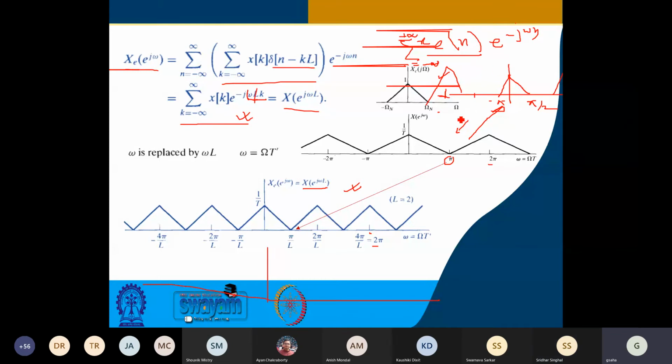So this is your upsampled, I mean, the actual signal which would be sampled at twice the rate. And through zero insertion, this is what you have got. To get what you actually wanted, this one is what you wanted, but you have got this by zero insertion. So what you need to do after this? Low pass filter at pi by L. Pass it through a low pass filter. Very good.